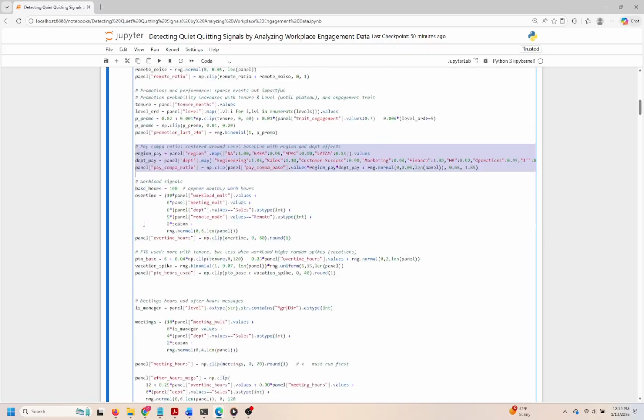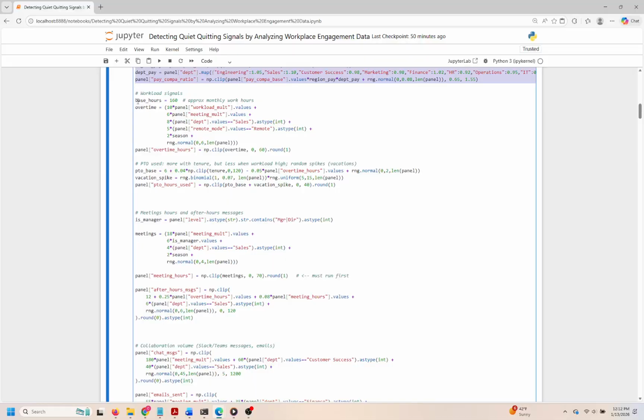Furthermore, we incorporate workload signals, computing overtime hours by looking at various contributing factors, from workload multipliers to seasonal patterns. Paid time off usage also receives attention. It increases with tenure, but decreases when workloads are high, reflecting realistic behaviors and including random vacation spikes to simulate